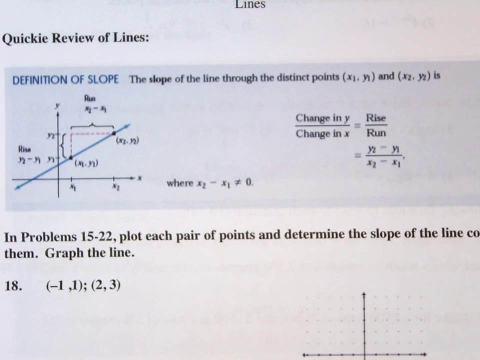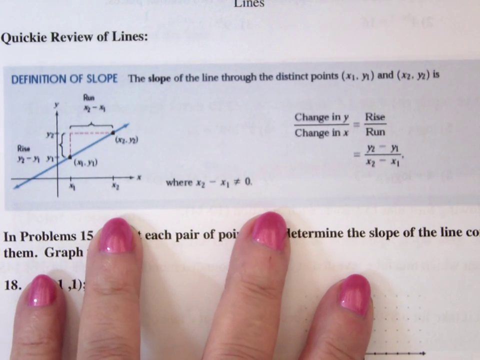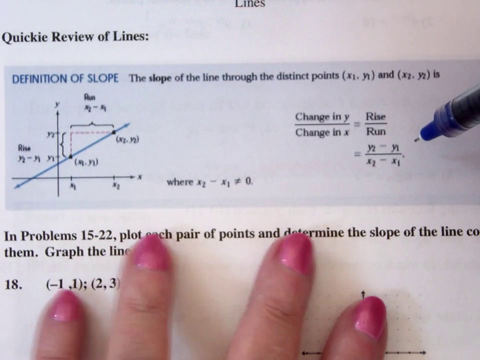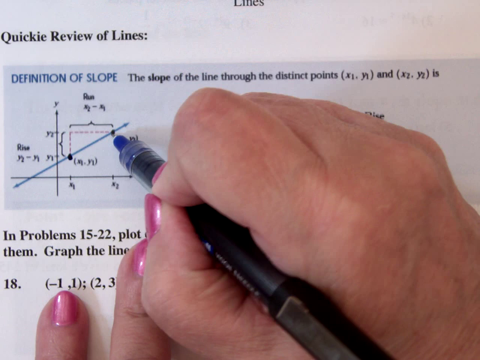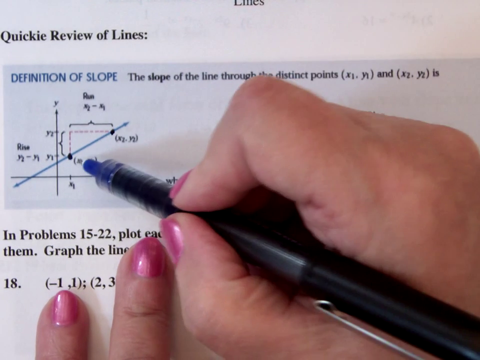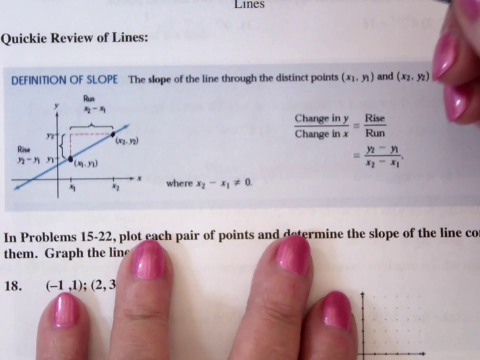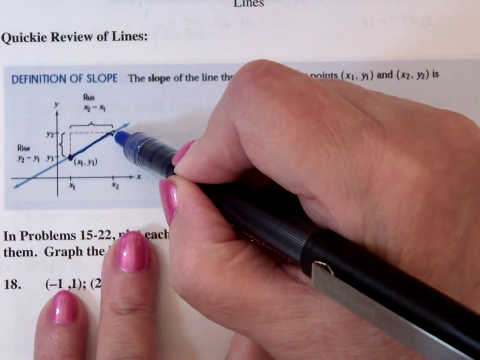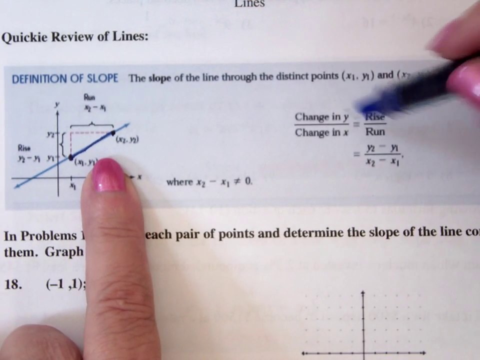We're looking at a quickie review of lines, and we're going to remind you of some formulas. First of all, we look at the slope of the line. If you take a look at a straight line, remember there are 2 points, 2 coordinate points. We label them x1, y1, x2, y2. The slope of the line, and that would be the slope of that line right there, essentially is the ratio